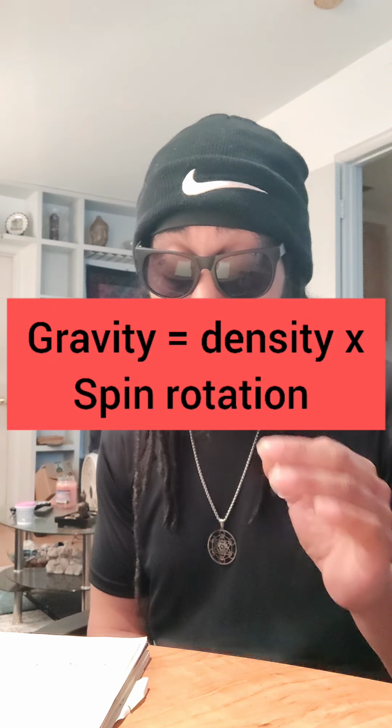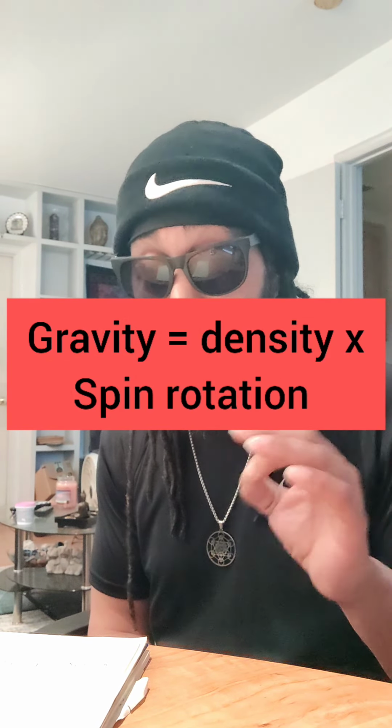I want to show you this formula that I made myself. Now, this formula explains gravity. This is my formula that I came up with, and I made it to challenge the theory of relativity because the theory of relativity is garbage. It's bunk. I already made a video about why that theory makes no sense at all and how we shouldn't be using that theory. So this is the formula I came up with to challenge that theory. And that's what my next video is going to be about.